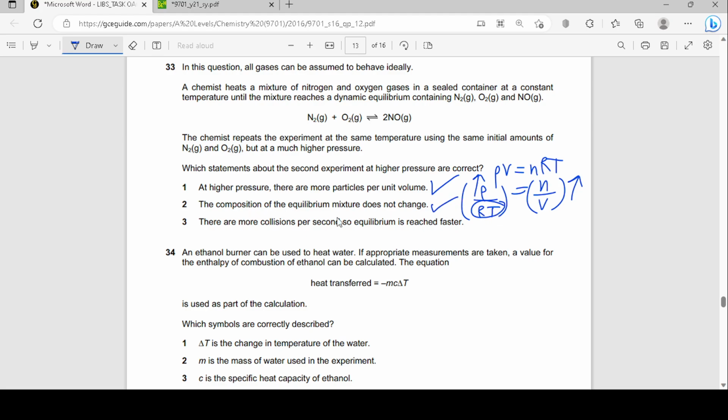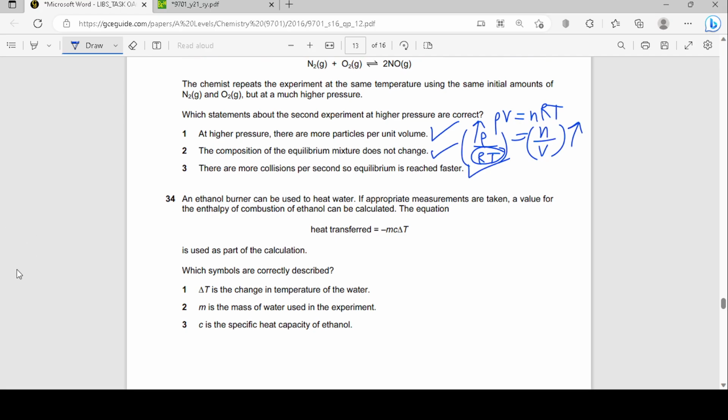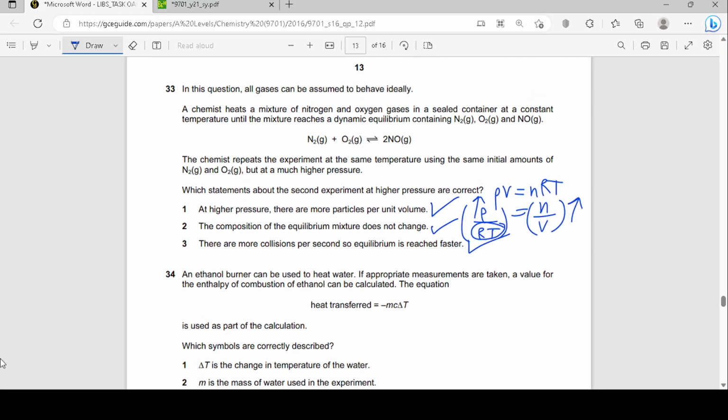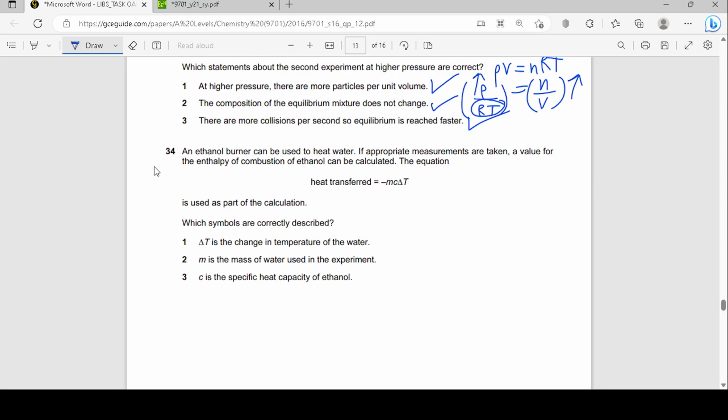Okay, so that's right. And then the third one is there are more collisions per second, so equilibrium is reached faster. That's definitely true because we know this from IGCSE that increasing the pressure increases the rate of the reaction, right? Again, the frequency of collisions increases. There are more collisions per second, so equilibrium is reached faster. That's right. The frequency of effective collisions. Anyways,